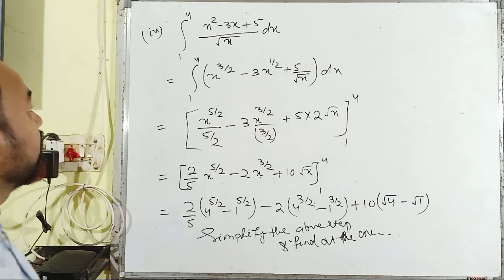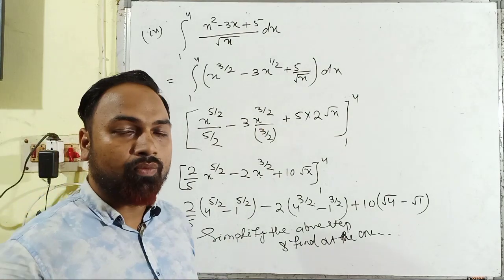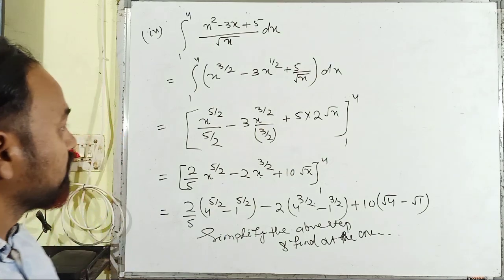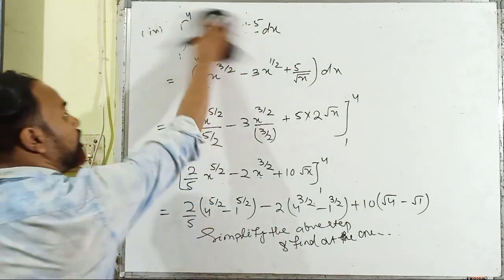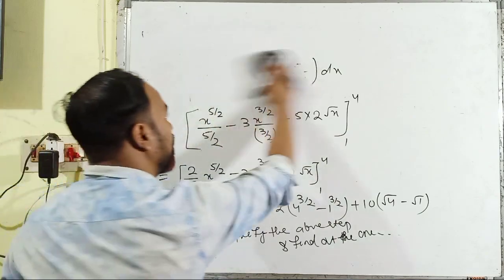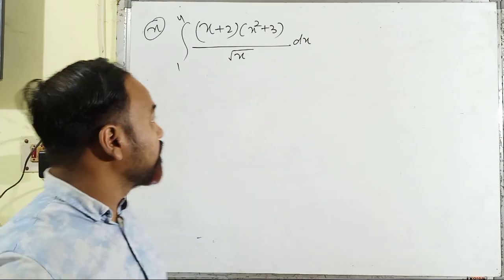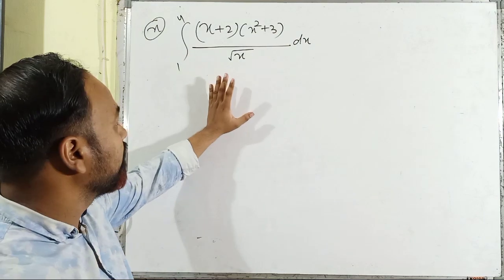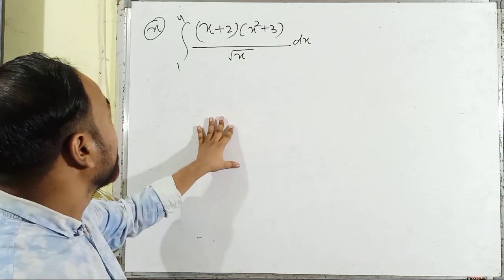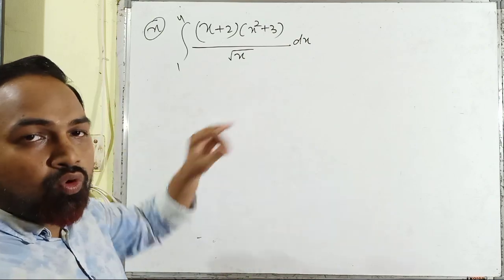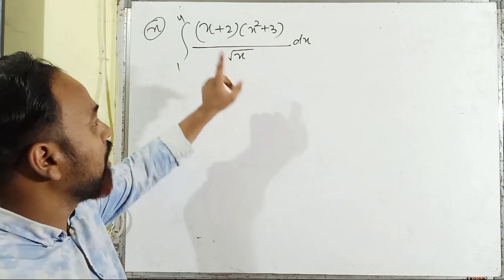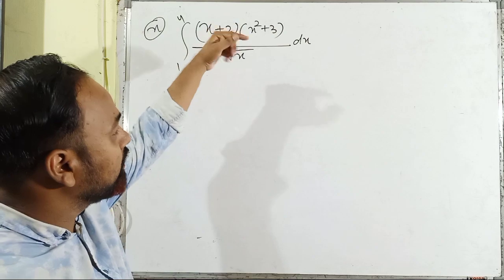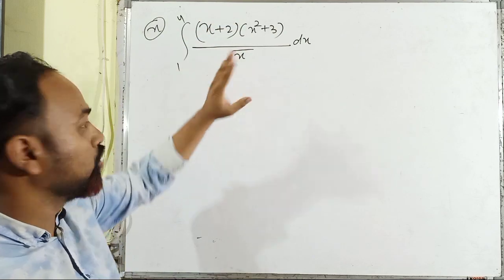So here it is the ninth part of number 1, just one problem remaining, so just solve it, then we can conclude our video for this session. Here it is the last part of number 1 of exercise 9J, and it is a very important problem. First of all, we have to go through two processes for the integrand: multiply the two functions present in the numerator, and then divide by the denominator.